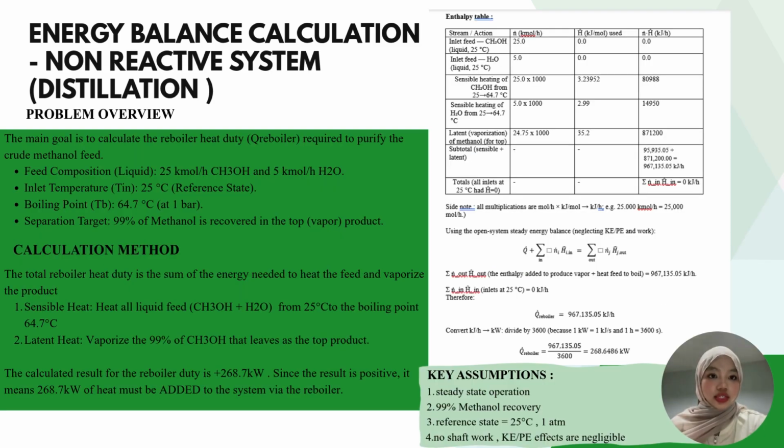For the non-reactive system, which is the distillation column, the total boiler heat duty is the sum of the energy needed to heat the feed and vaporize the product. That is the sensible heat of the liquid, which is methanol and water, from 25 degrees Celsius to the boiling point of 64.7 degrees Celsius, and the latent heat, which vaporizes the 99% of methanol that leaves as the top product. The calculated result for the boiler duty is positive 268.7 kilowatts. Since the result is positive, it means 268.7 kilowatts of heat must be added to the system via